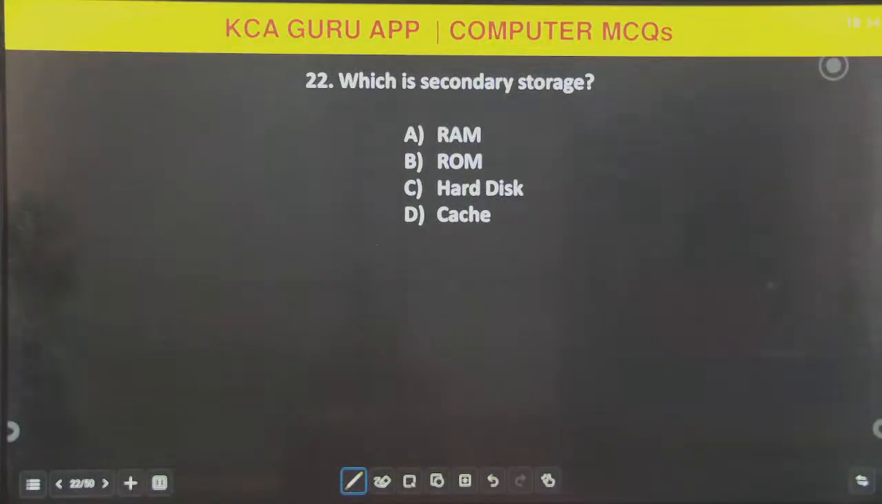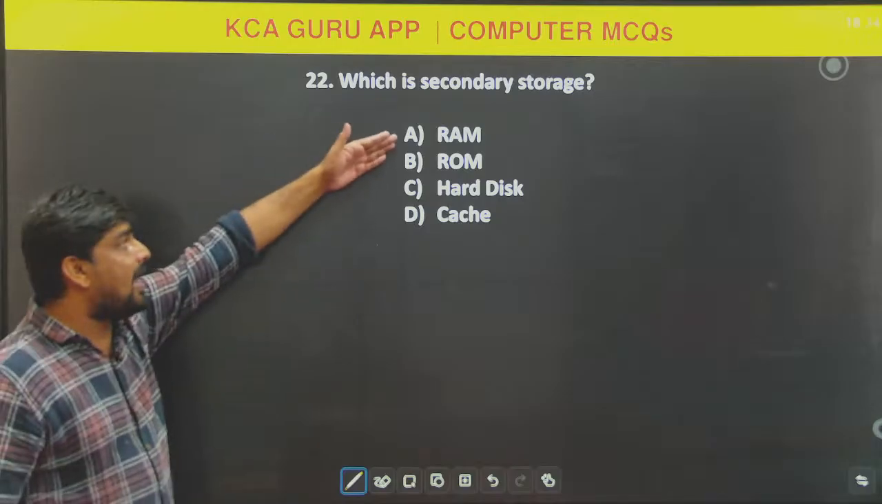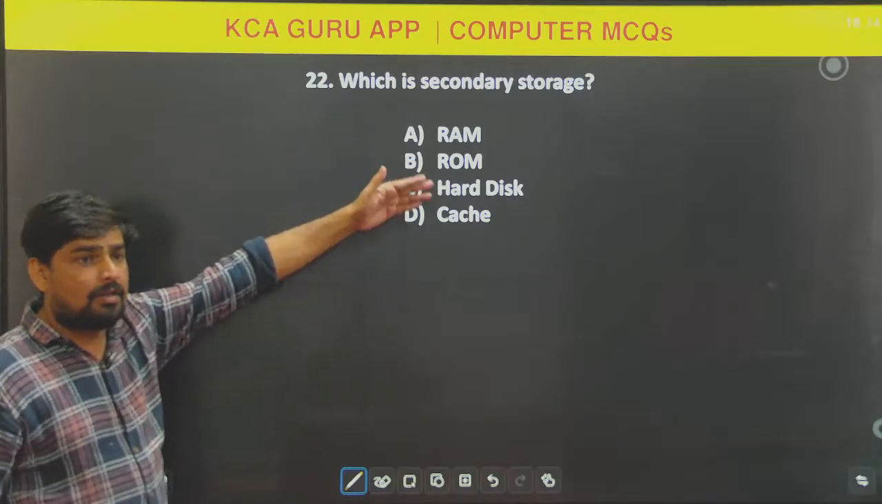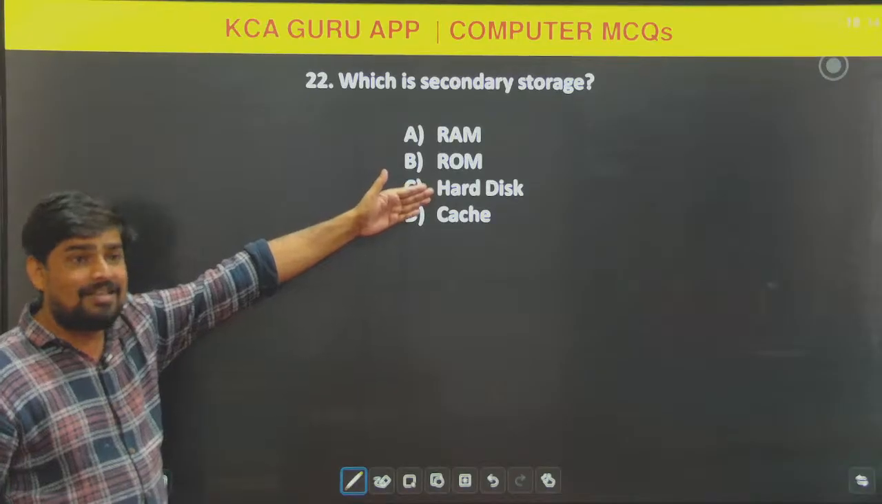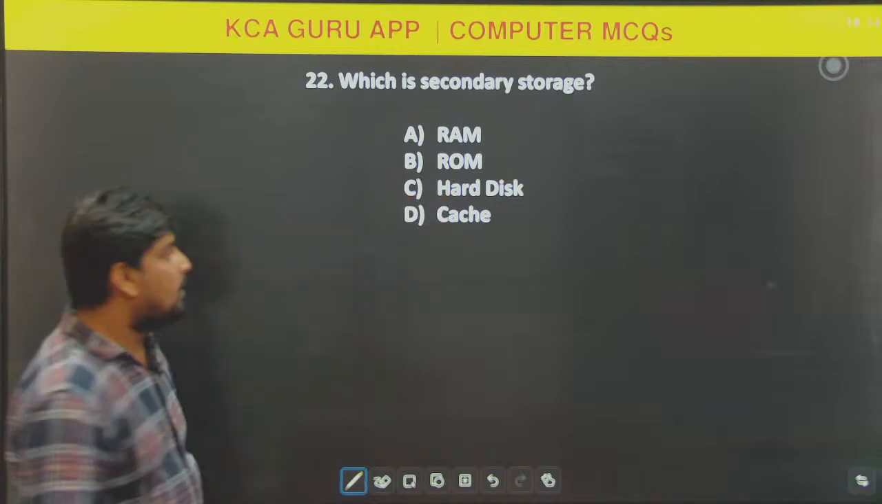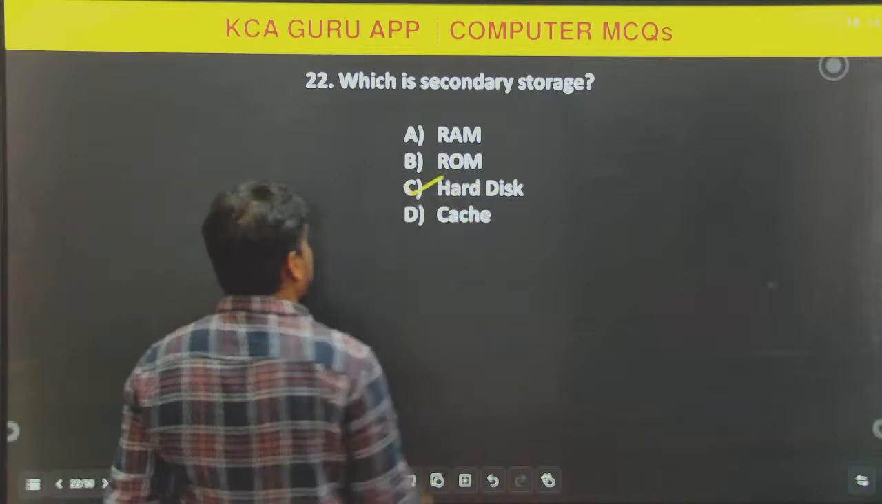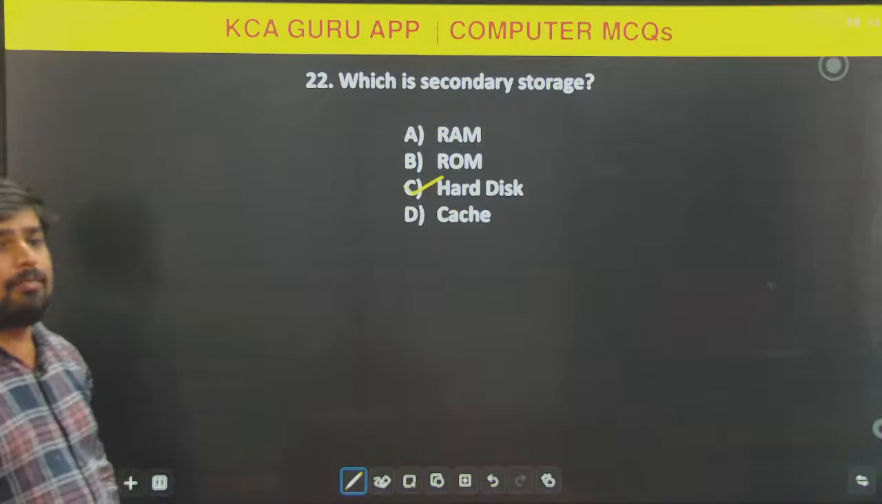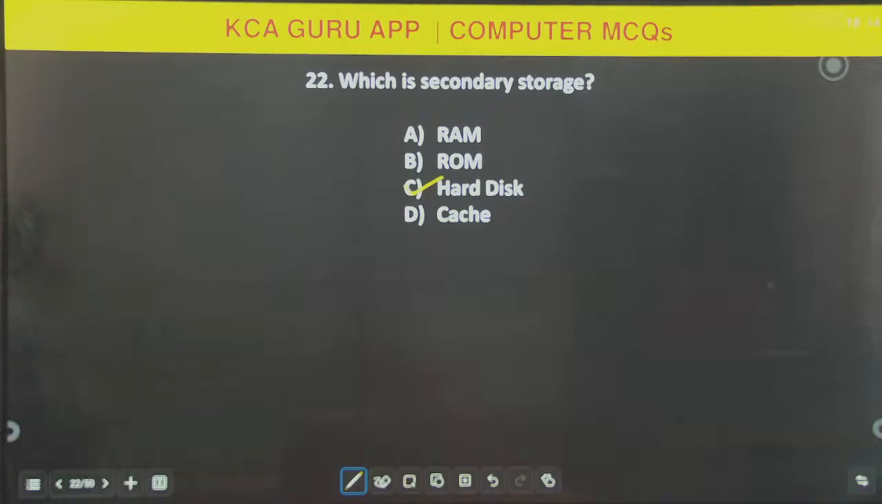Next, which is a secondary memory? Already you know that RAM and ROM are the primary memory. This hard disk is the secondary storage device. Hard disk is inbuilt in the computer, the inbuilt storage device in the computer. It can store a huge amount of data, because system software, application